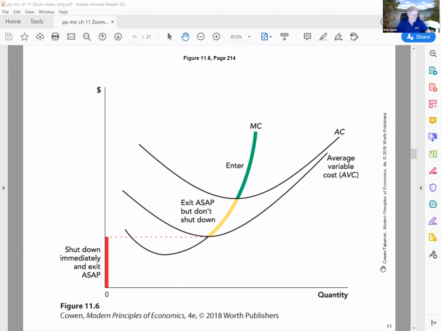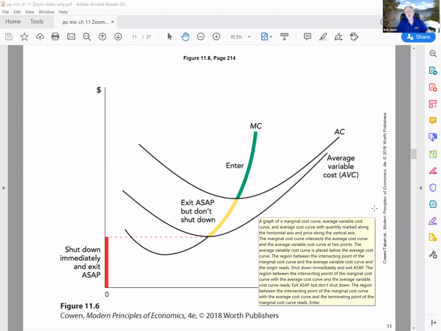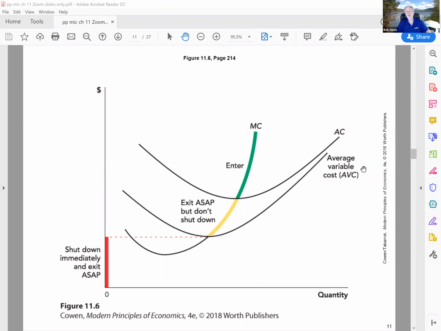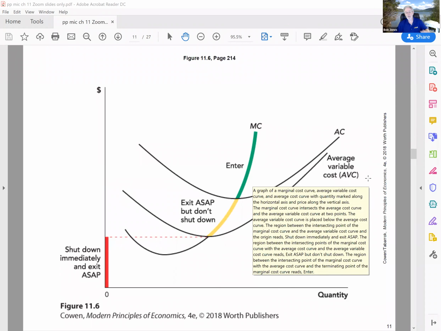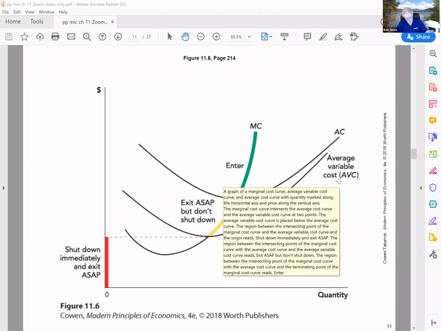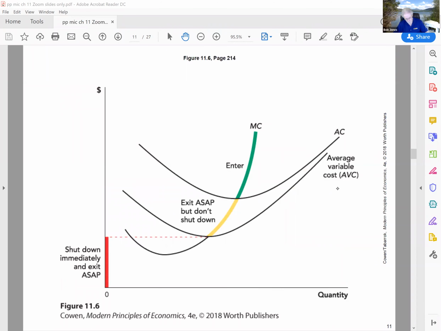Okay. Here, this is showing us all of the firm's cost curves: marginal cost, average cost, and here we're introducing average variable cost. Average variable cost is defined as total variable cost, all the costs that vary with output, divided by the quantity. Remember, anytime you find an average, you're taking the total and you're spreading it evenly over the number of units